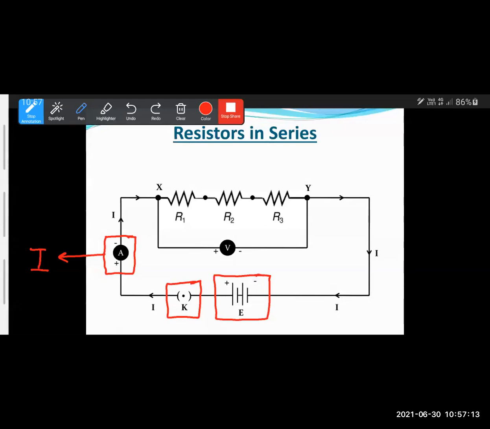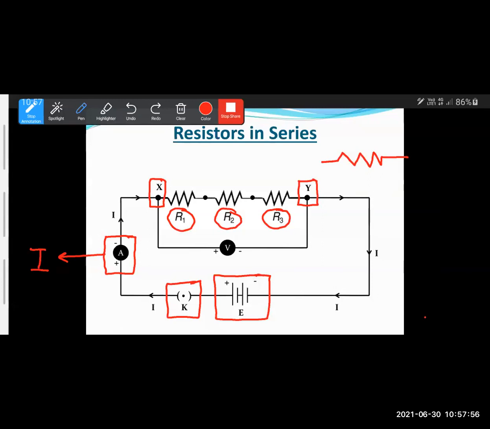When you connect the different components one after the other, it is said to be a series connection. Then you have these 2 points further, point X and point Y, right? Now between those 2 points X and Y, you can see we have those three resistors, which are R1, R2 and R3. The symbol for a resistor is a zigzag line, right? So you can see this symbol here, which is a zigzag line. It shows a resistor. And you can see there are those three resistors which are connected in between these points X and Y. Then this circuit is completed by connecting those wires.